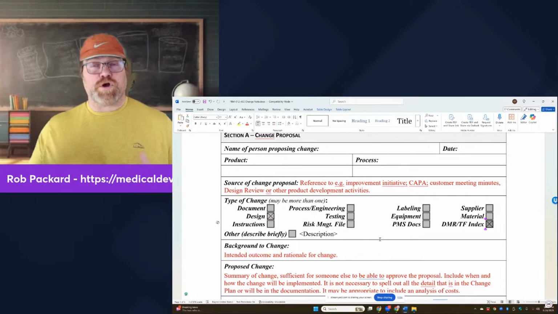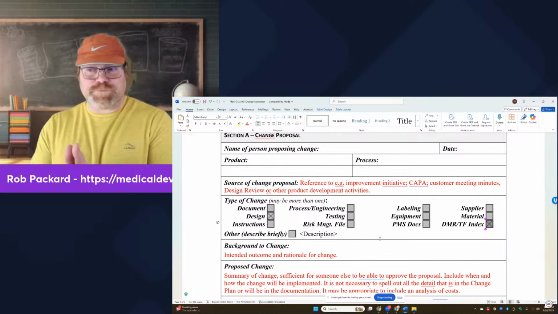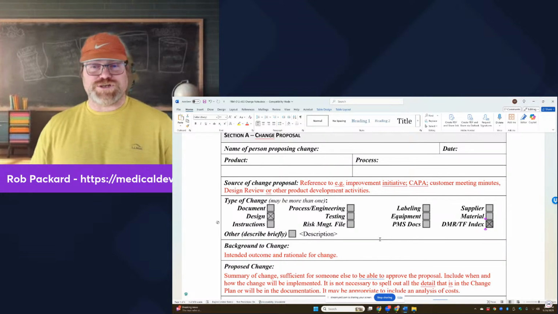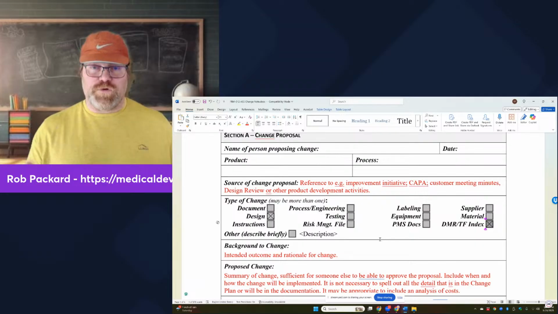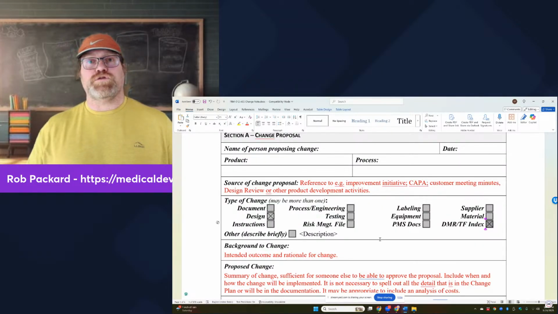Maybe you have equipment now that has different calibration and maintenance requirements. So it's possible that every single one of these boxes will get checked. So a change is not a little project. It's like a mini design project. And that's why sometimes these require full design projects, starting with a design plan going all the way to regulatory